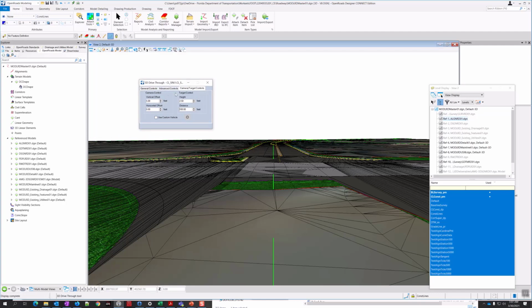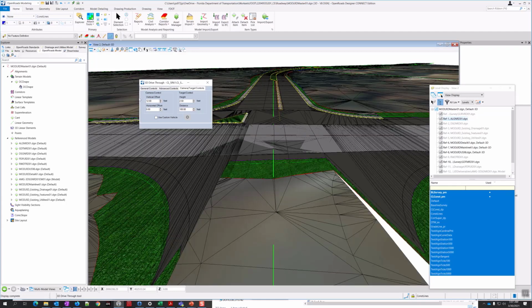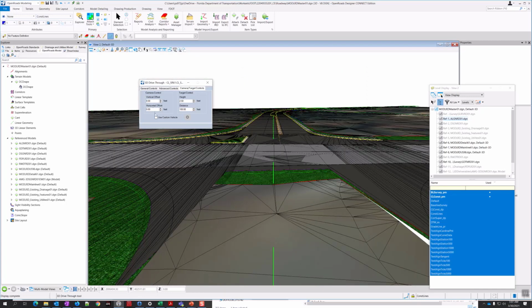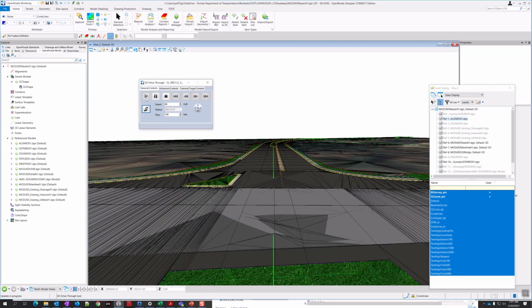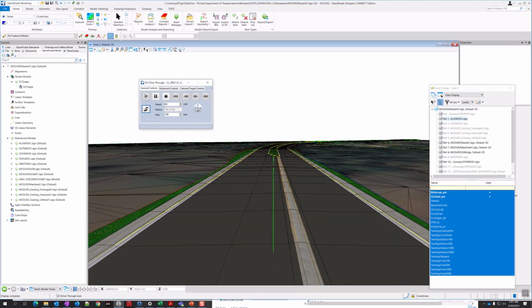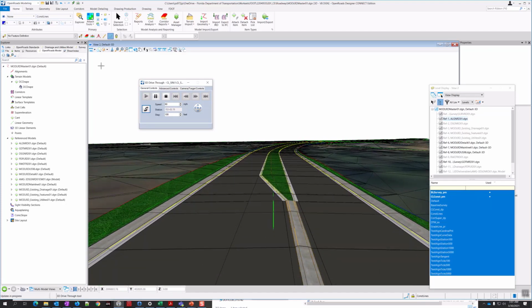And that can work. I mean, you play with this some more. See, vertical offset of 12. This is more like a drone's eye view, or maybe a really high truck. So we do somewhere in the middle. And we go back over here to general controls, and here's kind of our play button. So we're just going to click play, and then driving through the corridor, and it's following the center line. That's all it's doing here.